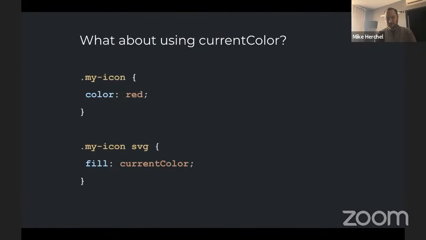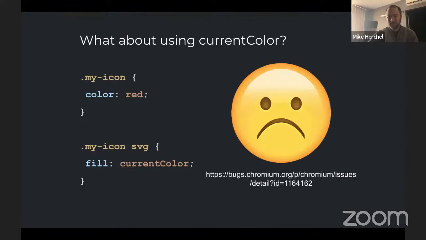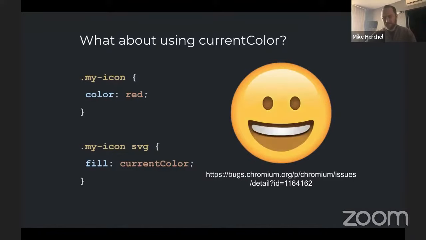So currentColor is a pretty useful keyword. It will change the property of where it's being used to whatever the current color is. You can see in this particular case, we're using it for this icon right here, and we're changing the fill to currentColor. This used to not work, but it was fixed in, I think, Chrome 102.